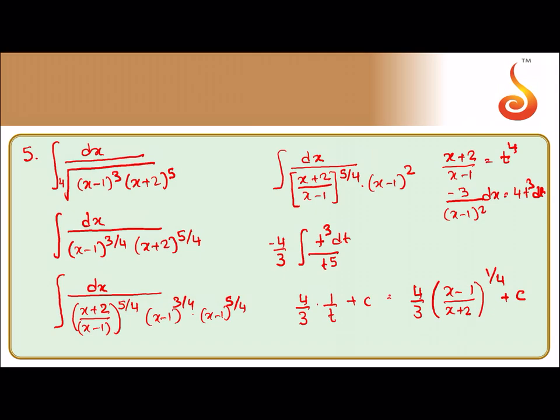And you can remember the result, I'll tell you the shortcut, how 4 came and 1 by 4. Both terms will be the same. How did it come? You can easily get it from the root given: fourth root, so 4 and 4 will come. How did 3 come? 2 plus 1, 3. This is also one of the shortcuts. In most cases it works. So this is another algebraic type of problem.